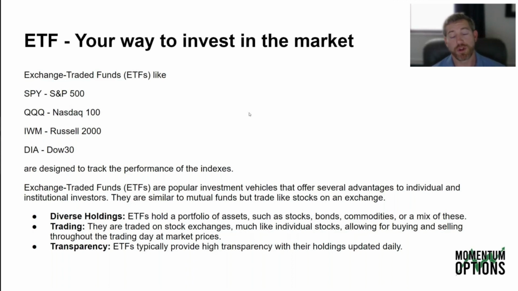When you're looking to invest in the NASDAQ 100, maybe you want to be a little bit more aggressive. You understand that those information technology, the technology FANG stocks, nowadays they call them the Magnificent Seven stocks, they're more heavily weighted in the QQQ, and maybe you want to be a little bit more aggressive with your portfolio. Instead of being in the basket of 500, you kind of want to be in the best 100 stocks. So that's what I would say is in the QQQ. And that's where you would want to invest your money if you wanted to be a little bit more aggressive with your market investment.